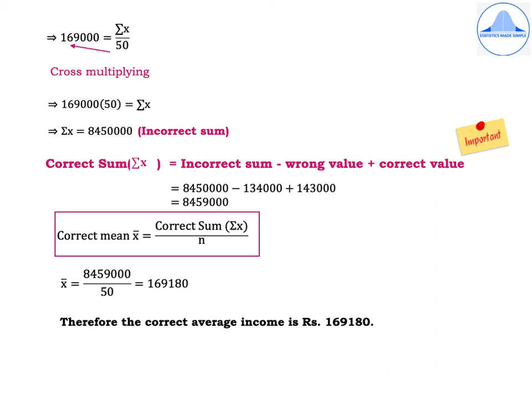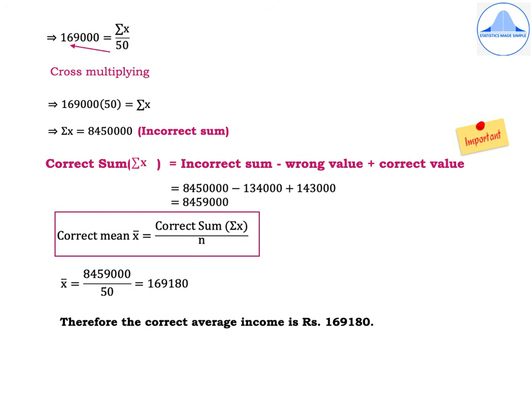Now we have to find out the correct sum, and that is denoted by summation x, which has the formula incorrect sum minus the wrong value plus the correct value. Substituting the terms, we get 84,50,000 minus 1,34,000 plus 1,43,000, which is equal to